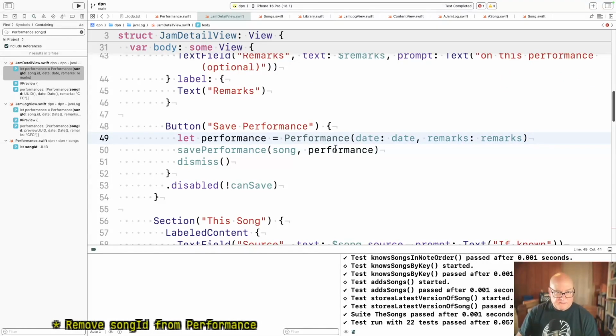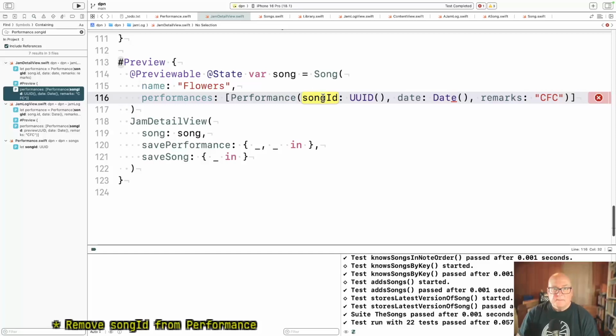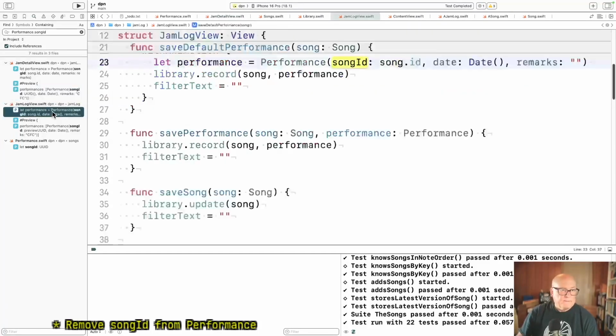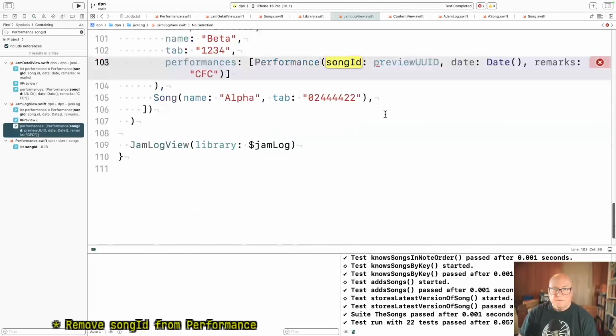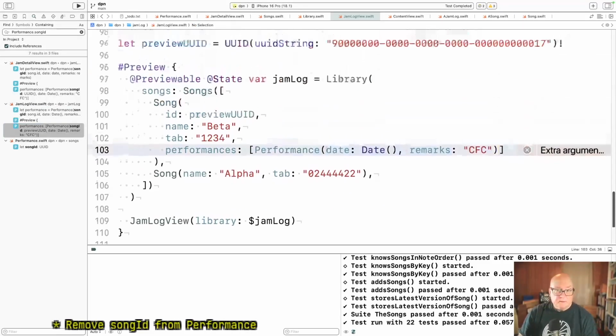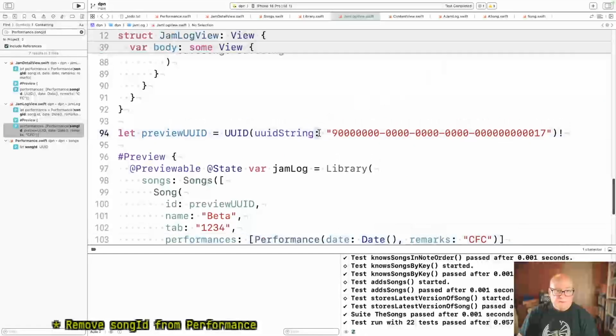Okay, we attach it to here to the song, so that's fine. That's the default one. And we don't need that preview ID anymore.